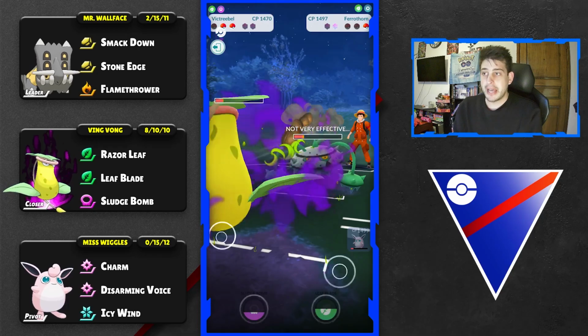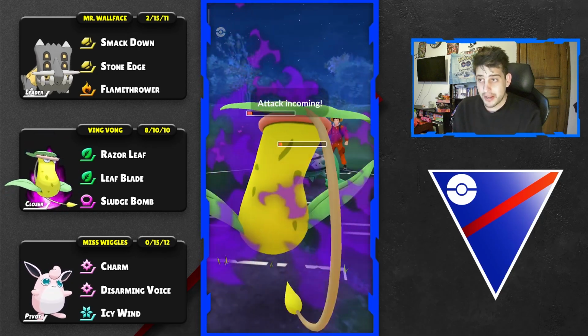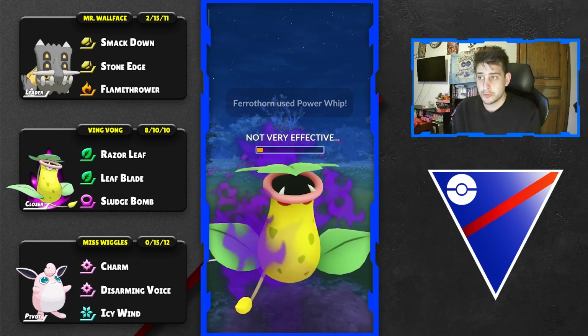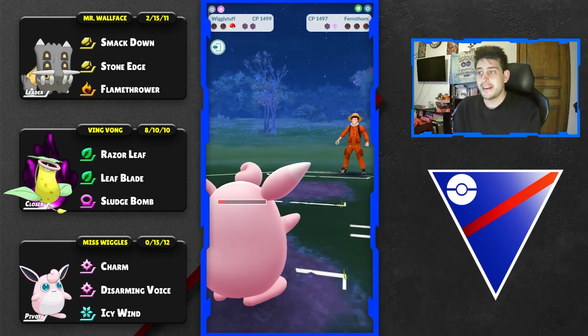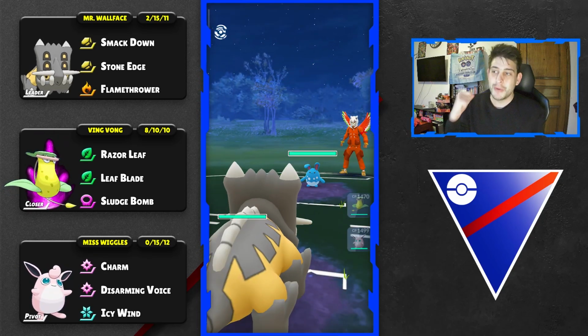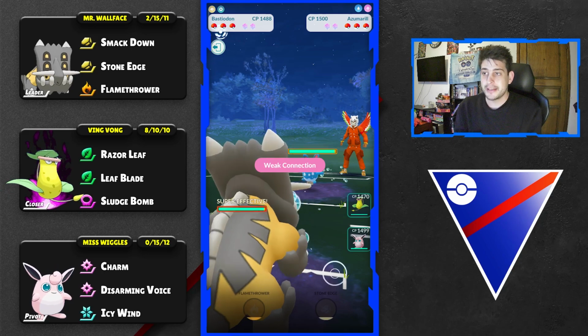Power Whip is coming up, they cannot farm down, so another one is imminent most probably, and before we reach to our Leaf Blade. That was super close. Can we farm down here, trainers? Yes we can, absolutely. With that charm, let's get that sweet victory against the absolute core breaker for our team,